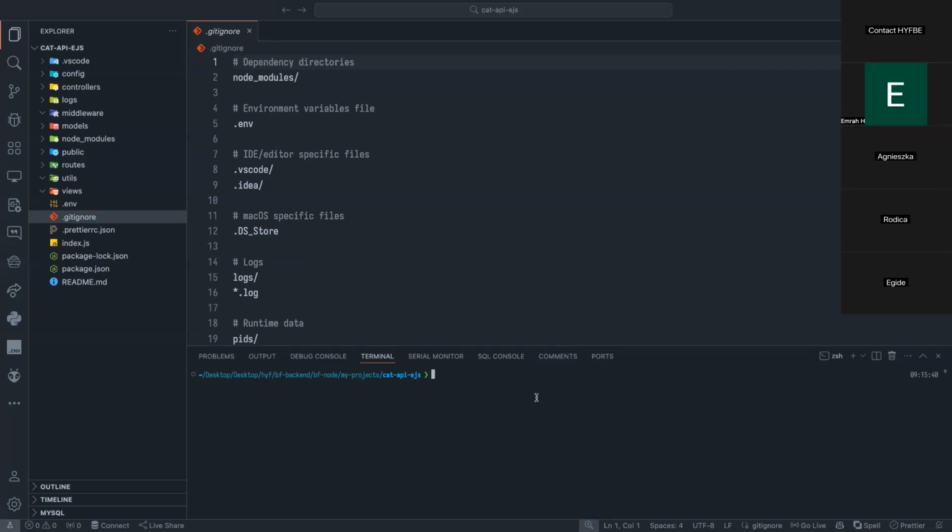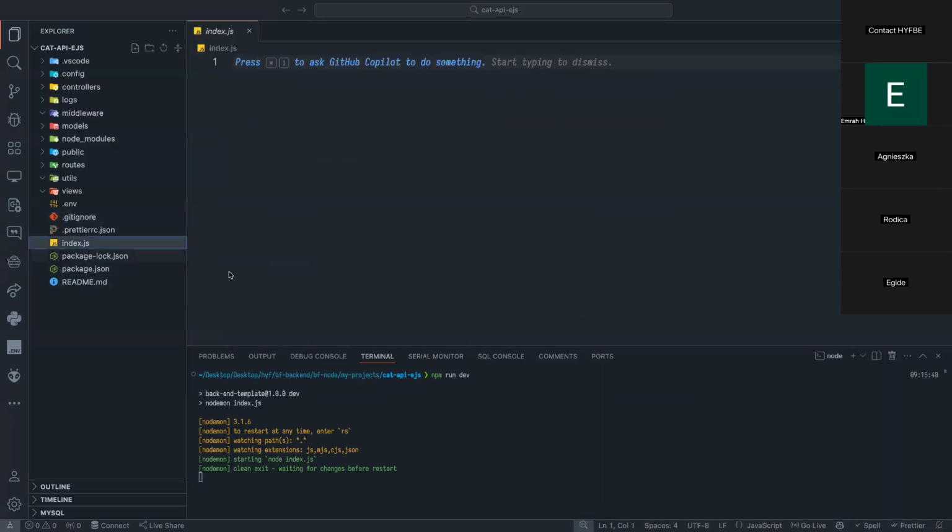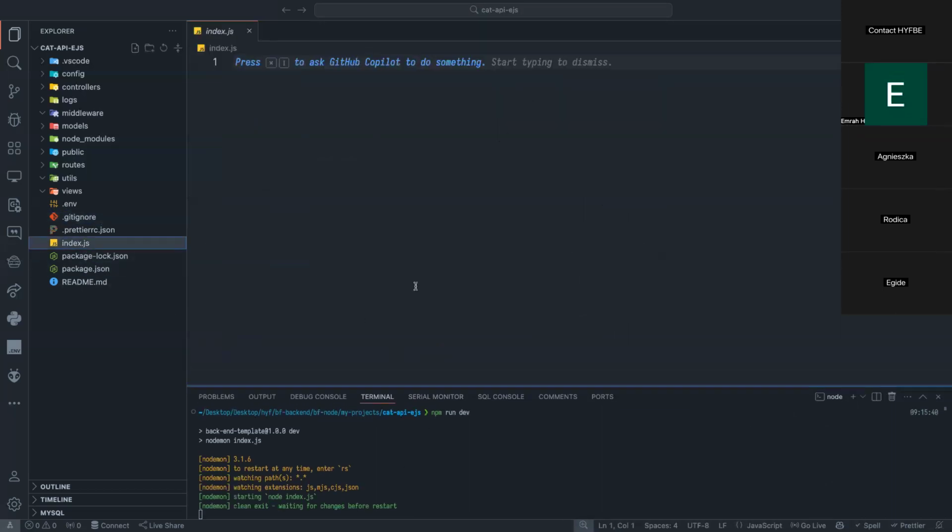That's great. So the first step I need to do now, I'm gonna run my server, although I don't have anything, so let's just say npm run dev. Voila. As you can see, I don't have anything in my server. So let's go to the index.js here. And now we need to